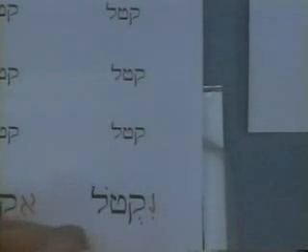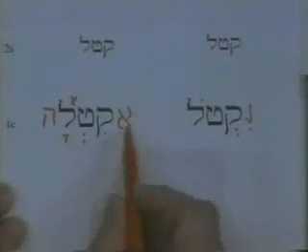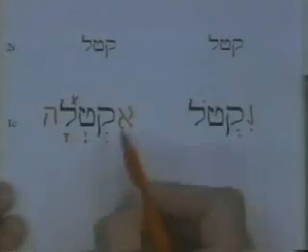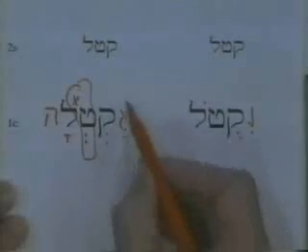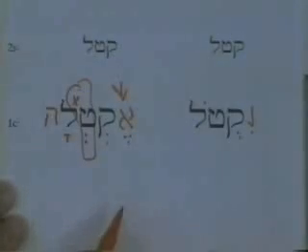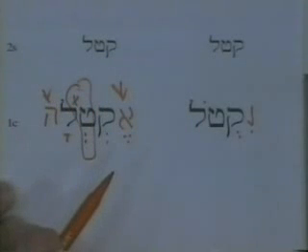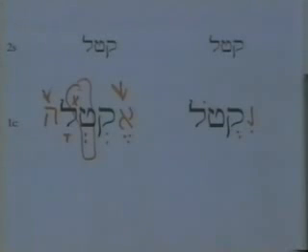and now we're going to get some compensatory reduction here, and so this holem drops out, and eqtela. So eqtol becomes eqtela. Now what you're going to notice here, you don't really have to worry about this vowel reduction that's happening here, because what you're going to notice is, hey, I've got an aleph there. It looks like first person, but what's this heh on the end? And you're going to think, oh, yeah, this is a long form of the imperfect, a cohortative.